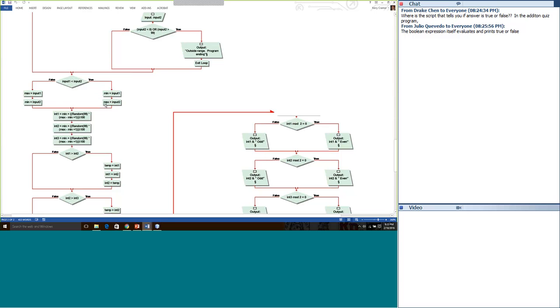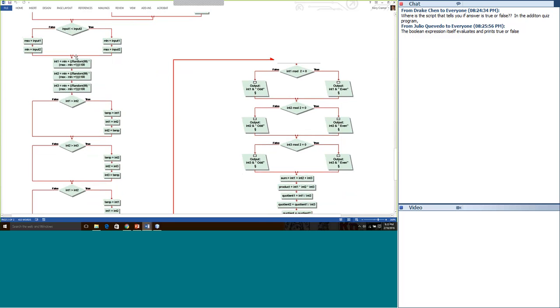you got to make sure that min, the variable min, has the smaller one in it, and max has the larger one in it. If it's false, you have to make sure that you assign the right inputs into the appropriate max and min. Then we have down here, we're doing that big calculation. Int 1 is equal to the min, that whole thing, random, whatever. And so now we're going to get 3 random integers between that narrowed range, 80 and 20. Int 1, int 2, and int 3.